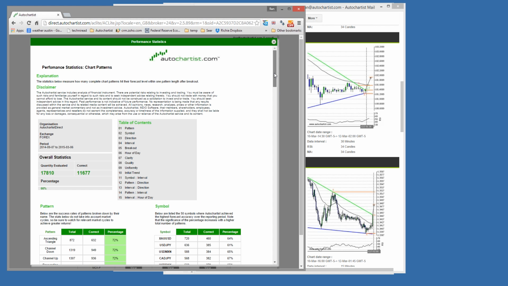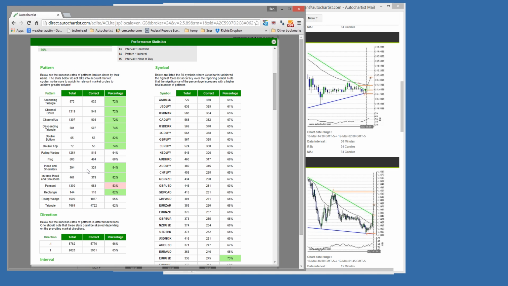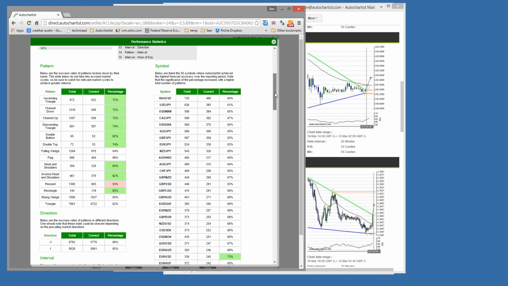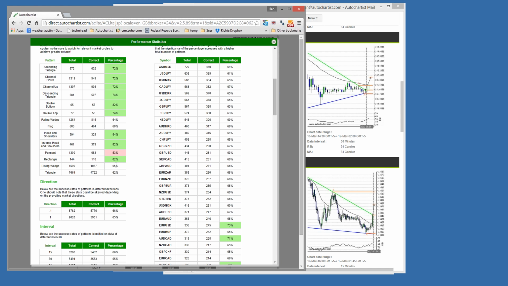if you look at the statistics on the Forex market for head and shoulders, over the last 6 months, we have identified 394 opportunities, head and shoulders, 329 of which hit their forecast region. That means over the last 6 months, 84% of our head and shoulder forecasts have hit their forecast region, right? And so one could look at these statistics and say, wow, given the fact that this is a longer term opportunity and it's a head and shoulders, you know, we could say that this is certainly, from our perspective, take precedence over any other opportunities that we have right now.